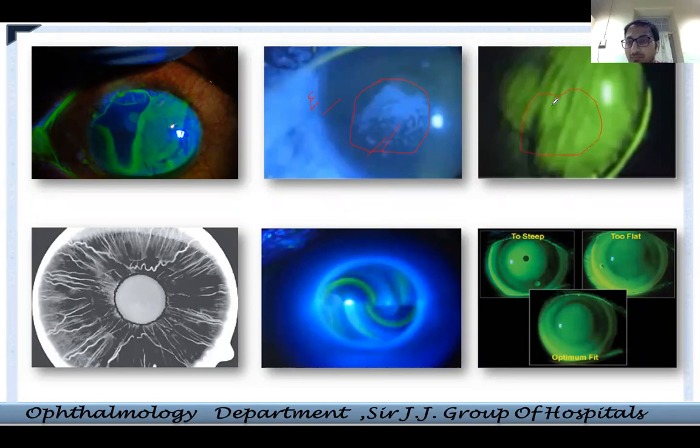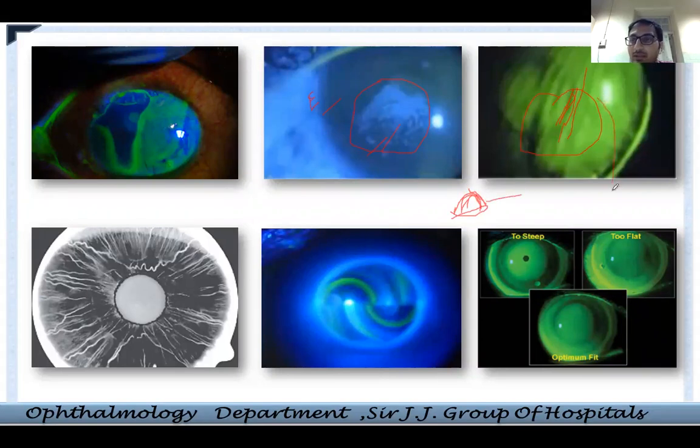Now this picture, I will come to it again, but just see properly that there are folds here. You see a staining, and then you see a black part, which is basically a negative staining. When does negative staining happen? Very simple. As I told you, when the part is very much elevated and you try to see it with fluorescein, the fluorescein will wash off from that area and stain the periphery, and the lesion will become black. This is called negative staining.